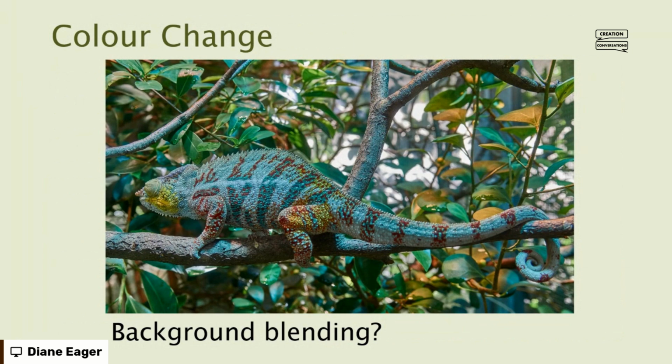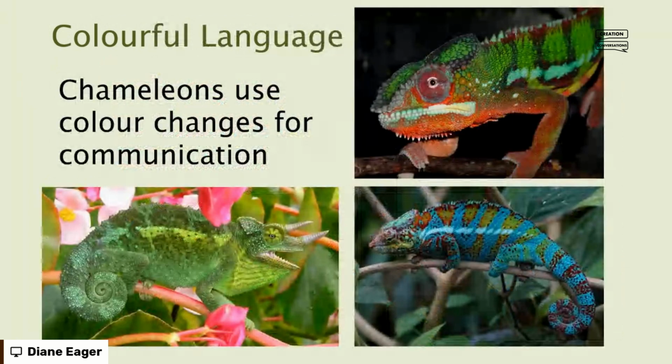And again, scientists have done experiments where they've tried to get into the minds of the animals themselves. Now, obviously, we can't do this, but you can set up experiments where you observe the behavior and see how they respond to a particularly controlled environment. And what they have found is that chameleons actually use their color changes for communication. They signal to other animals. Now, again, this can be for courtship, and so you do get these wonderful varieties of colors in chameleons, and